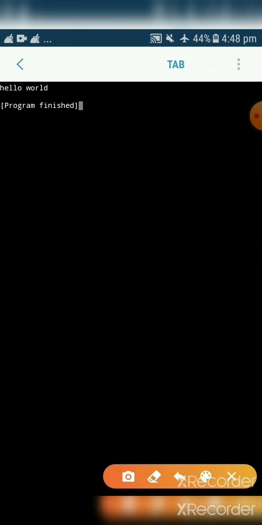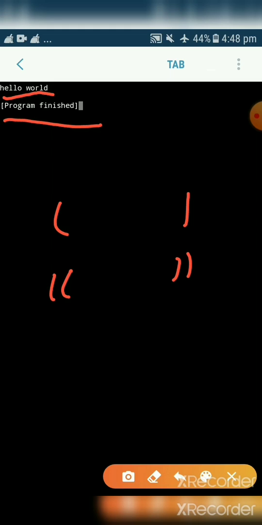You will get hello world, the same message again, program finished. It means whether you write anything in single quotes or in double quotes, whatever you have written inside the print function behaves like a string literal. I hope you are getting my point.